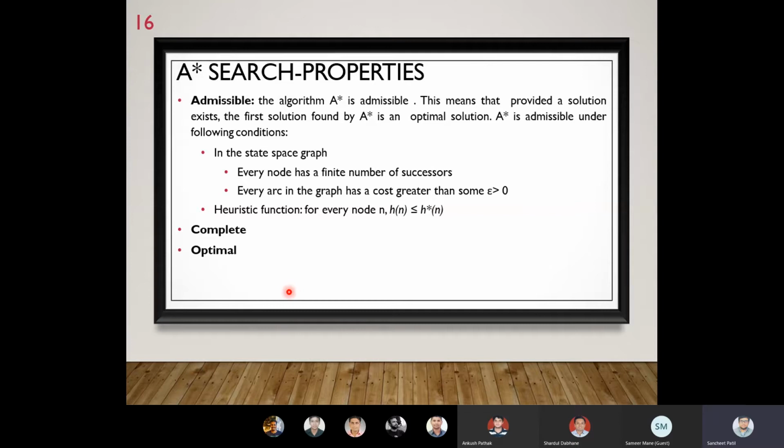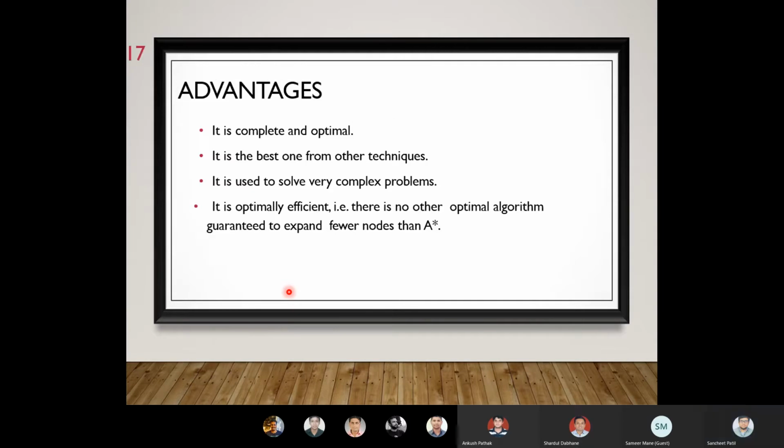It will give you one solution if the solution exists. A star is also optimal, as we saw in the example itself, because if other searches were used, the G of 19 would be selected and given as the output, and the other path which A star bifurcated would not be expanded by the other search techniques.